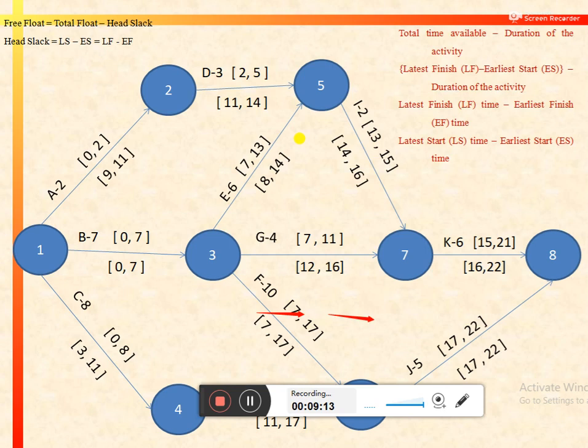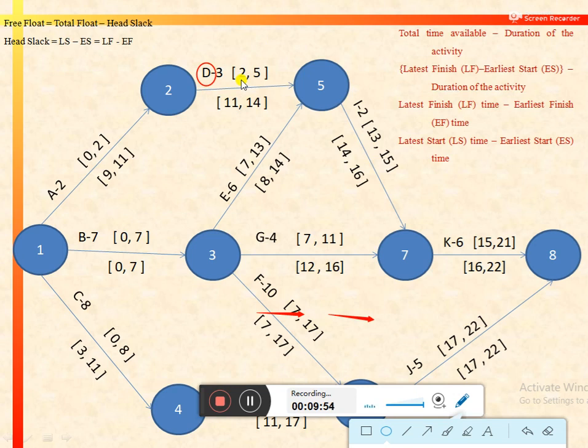So let's understand the concept of free float with the help of a practical illustration or with the help of an example. So the concept of free float is that by delaying activity D, again we are taking activity D, by delaying activity D, we are not affecting the activity I, that is the following activity of activity D. Suppose if we delay activity D by 5 days, then the starting day for activity D would be